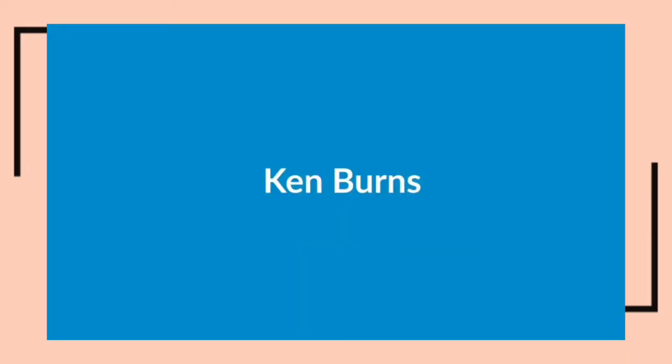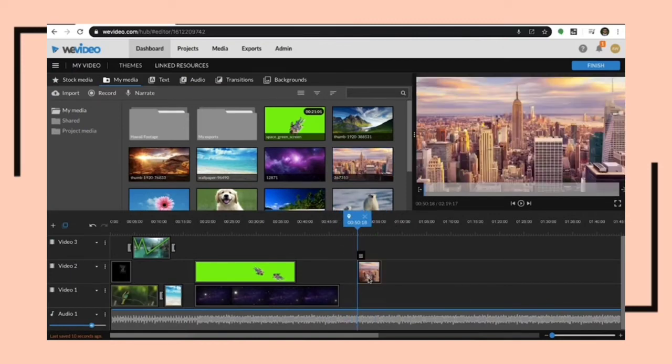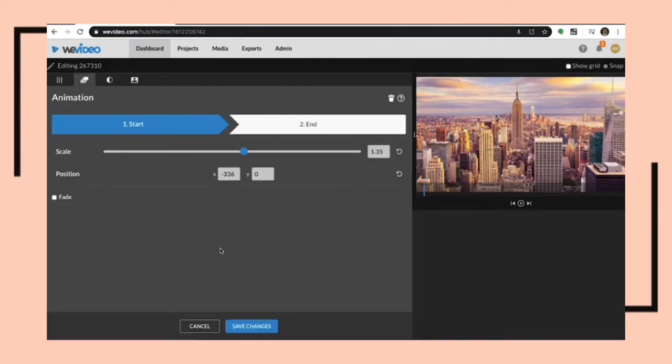Next up on our list of tips and tricks is using the Ken Burns animation, or adding animations and movements to still images. The Ken Burns animation is a great effect that you can apply to images and videos. To apply this animation to a clip, double-click into it to open the properties, then select the second tab to